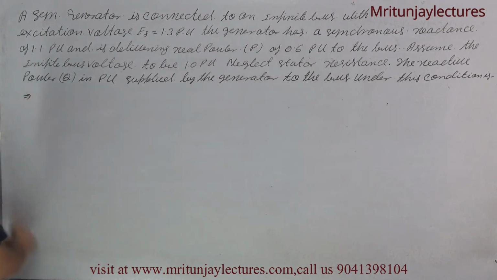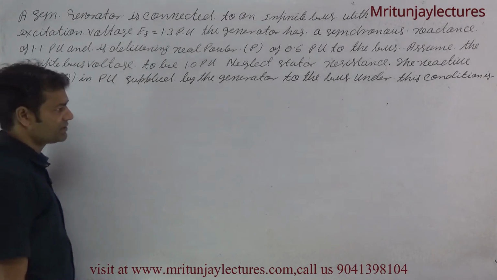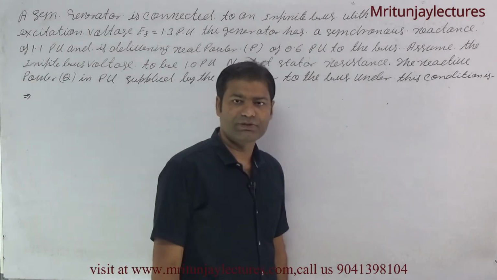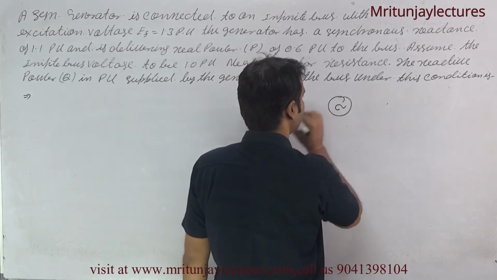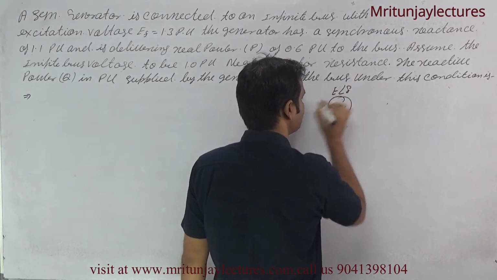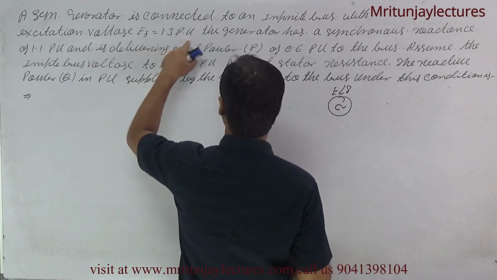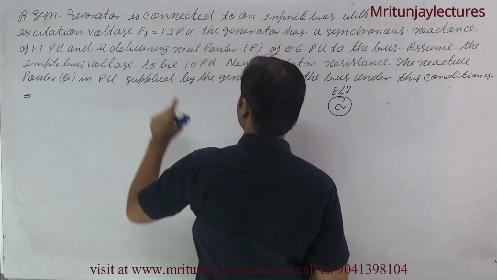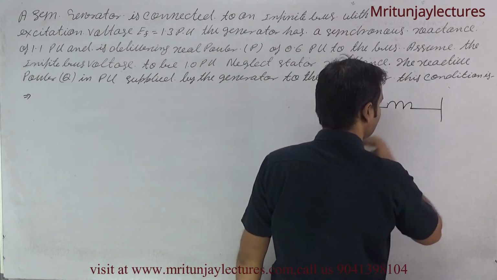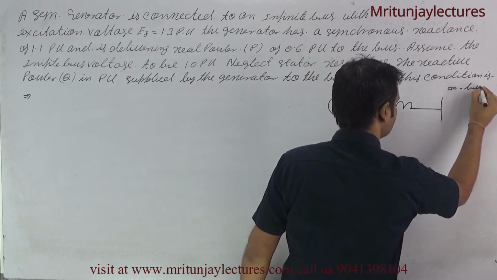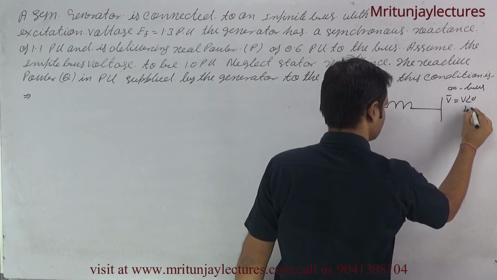Now, corresponding to the question, first off, read the question. A synchronous generator is connected to an infinite bus. First of all, make the synchronous generator connected to the infinite bus, with E at the angle plus delta, the excitation voltage like this one. The generator has synchronous reactance. It means that it is lossless. Infinite bus means V is equal to V at the angle 0. Take it as reference.